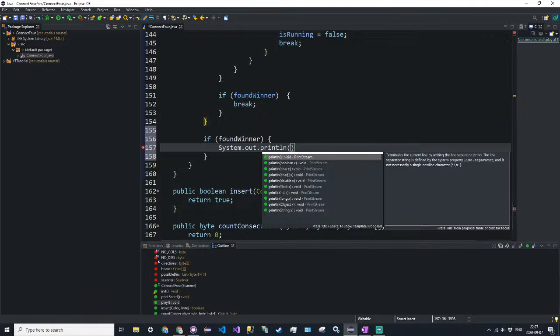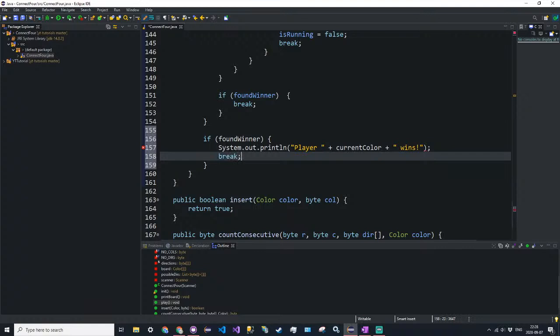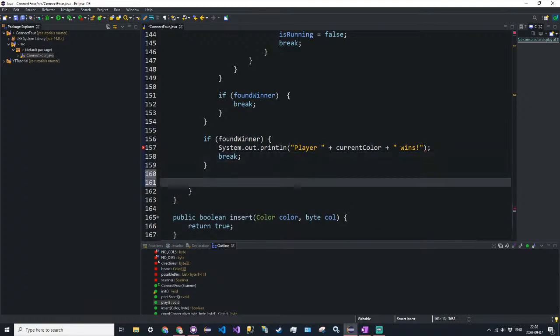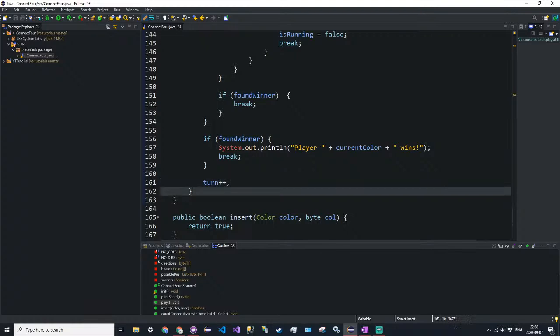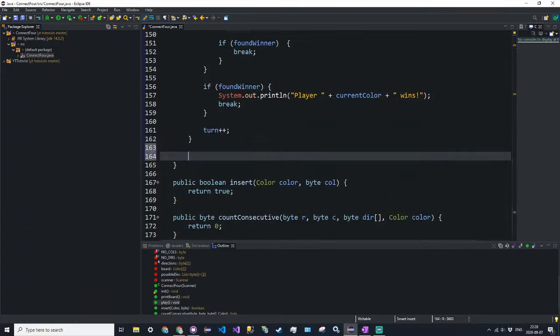system.out.println, player plus current color plus wins, and then break. And then outside of the if statement, we're going to increment the turn, so turn plus plus, just like that. Now outside of the big while loop, we're going to say if is running,